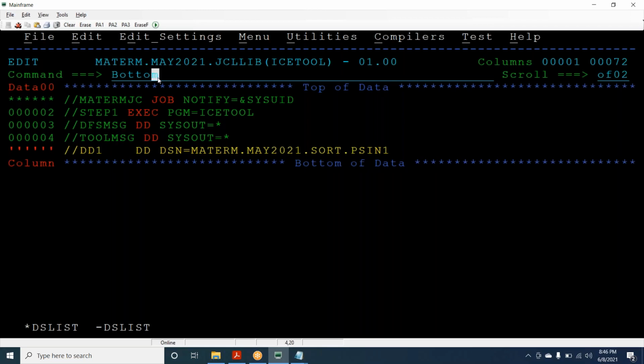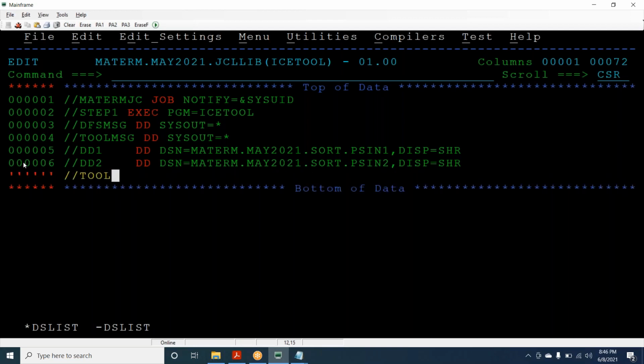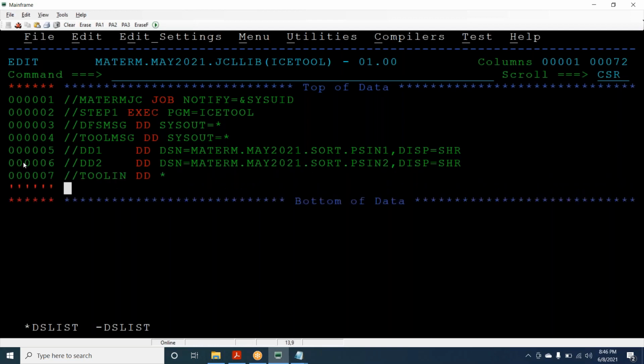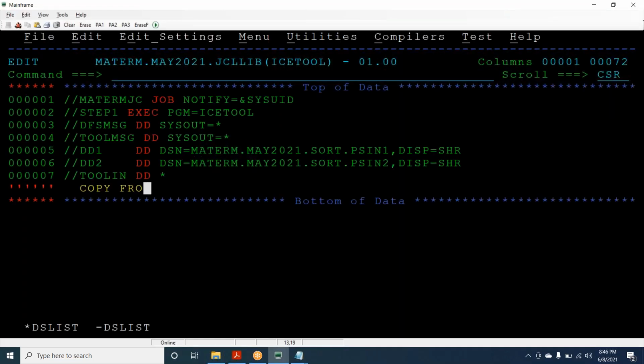this is our input data set, disposition SHR. DD2 is our output data set. In the TOOLIN DD, all the operators need to be written. Now COPY, what is the operand? FROM.